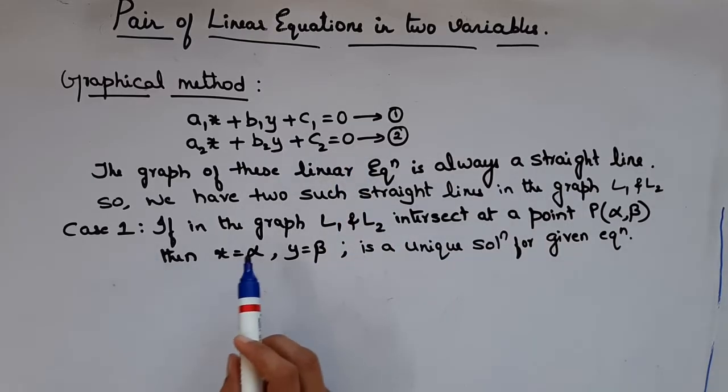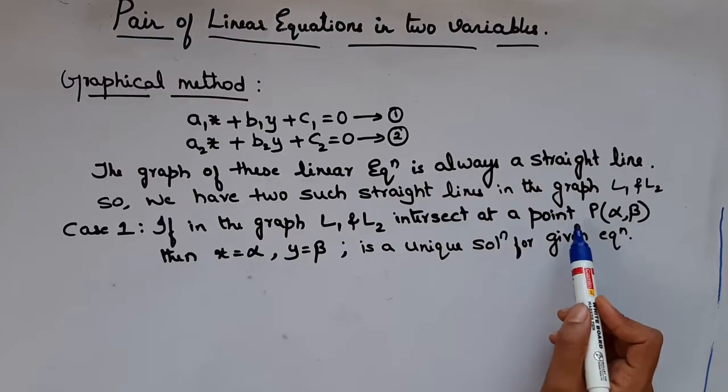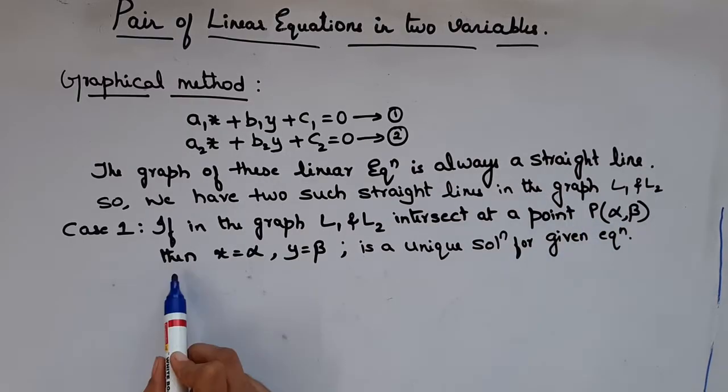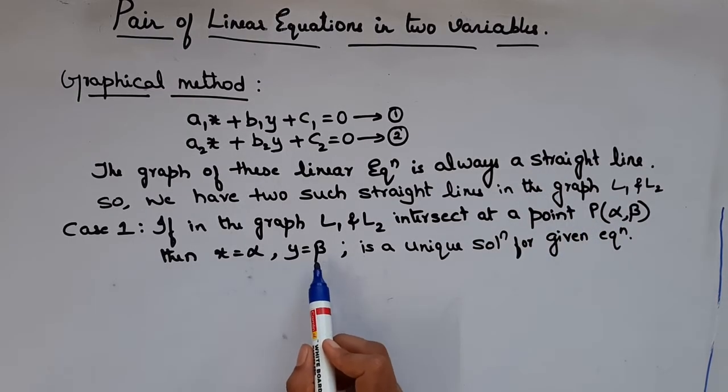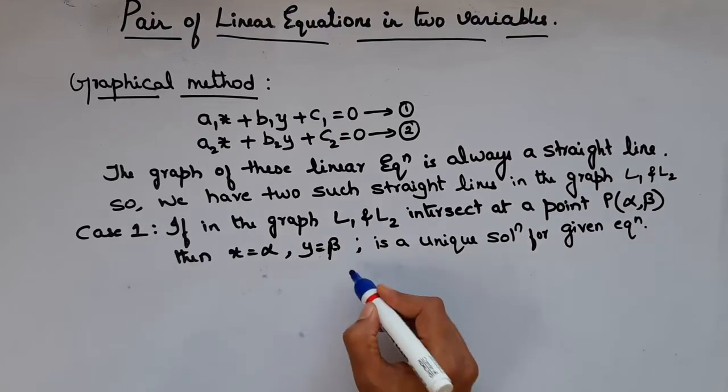Case 1. If the graphs of L1 and L2 intersect at a particular point, say P of alpha and beta, then x is alpha and y is equal to beta. That means there is a unique solution for the given equations. What I mean is, if you see a graph,